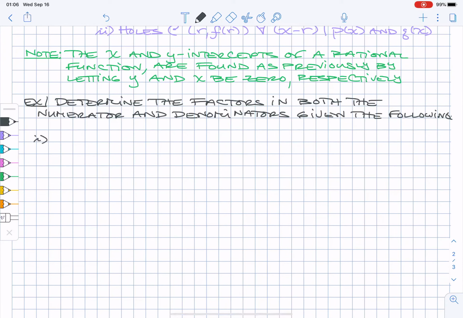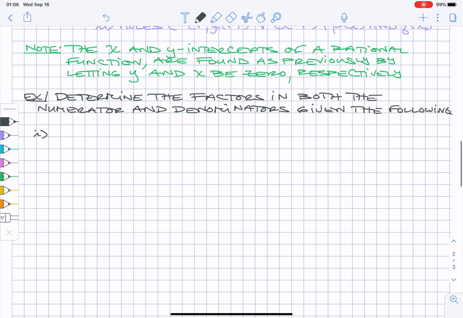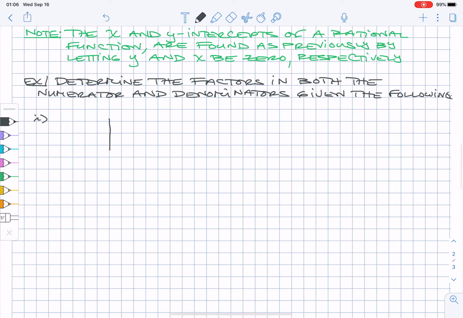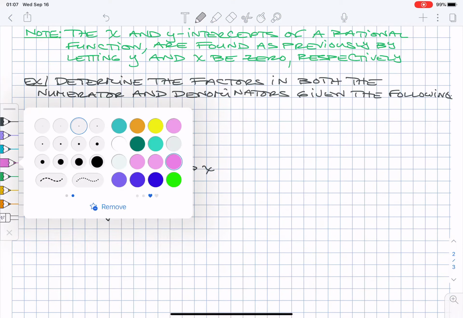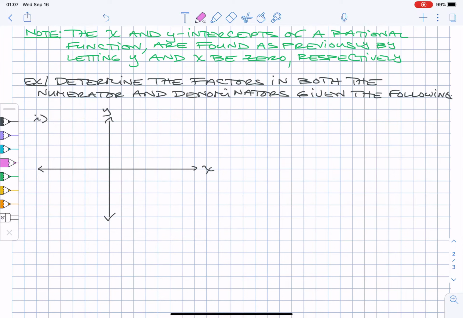Okay, so number one, let's say I give you a graph, so x and y coordinate axes. Let's say we have a vertical asymptote here and here,